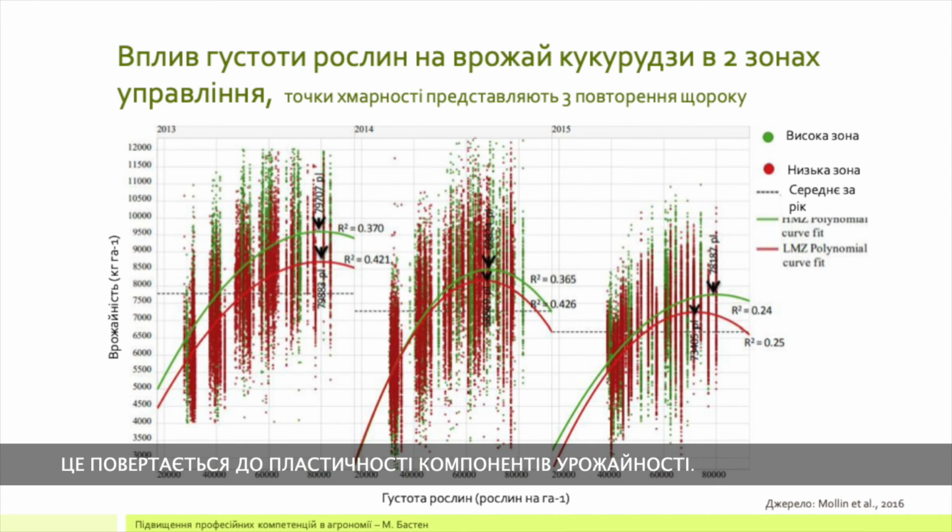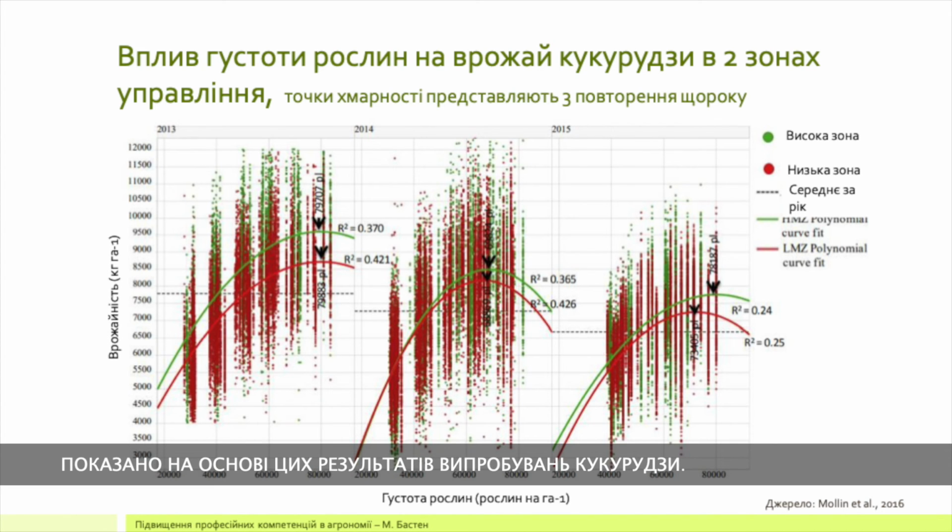And this again comes back to the plasticity of the yield components of even a corn crop, which, if the seed rate is, let's say, a bit high on a low productivity zone, will reduce the number of seeds per plant, and by this arrives at a lower yield. But the effect of the seed rate as such is not very strong, as it is shown based on this